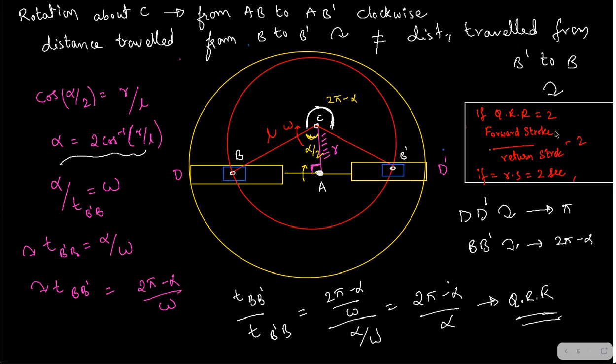So usually what is the quick return ratio? It means forward stroke is 2 times the return stroke. While forward stroke we need actual action, return stroke no action is needed. Usually you have a cutting tool, and the object is getting machined. While forward stroke only it will cut, while return stroke it won't cut. Forward stroke is taking 4 seconds, but return stroke no cutting, right? Why waste the time? Otherwise your machining time is getting wasted. So return stroke you won't have cutting action, so return will be fast. Again forward stroke 4 seconds, return fast. So that is the matter.